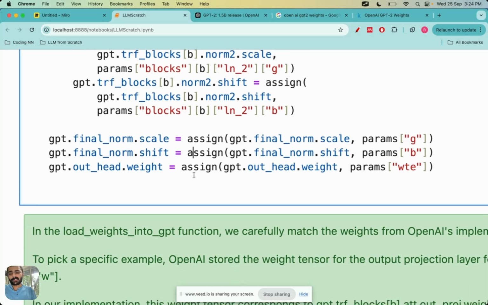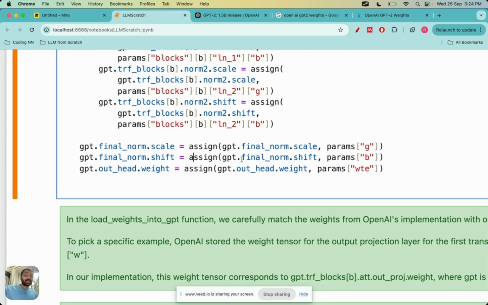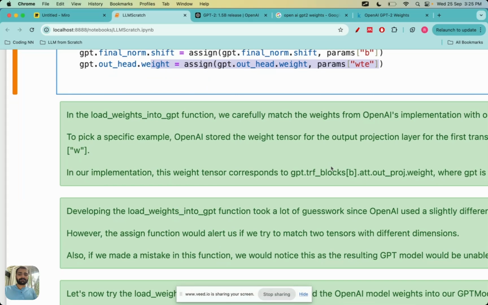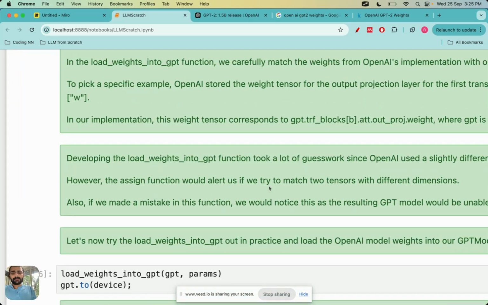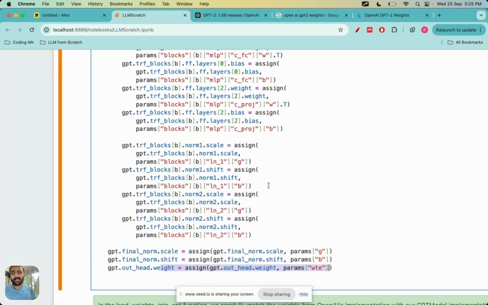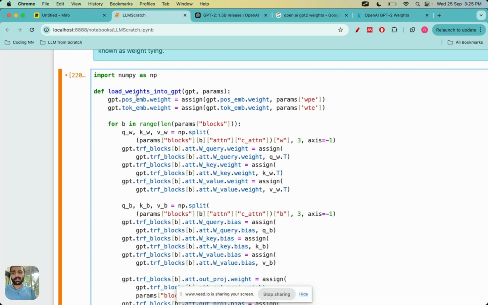And so we are also using the concept of weight tying. That actually brings the total parameters from 162 million to 124 million. If you don't do weight tying, the number of parameters will be 164 million. Awesome, right? So what we have done here is that until now, this piece of code over here, load weights